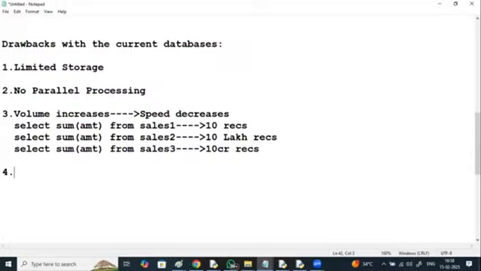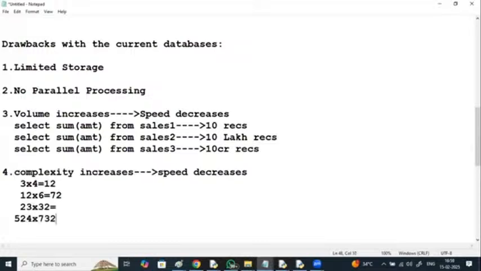So here, as complexity increases, your speed is decreasing, right? If complexity increases, speed decreases in the same way.